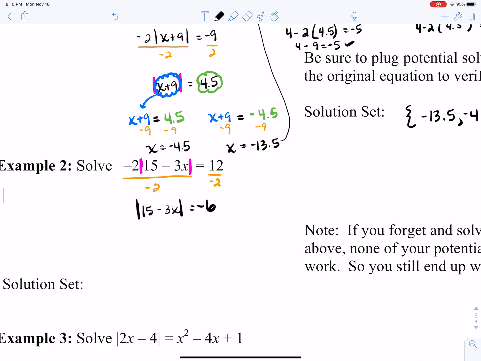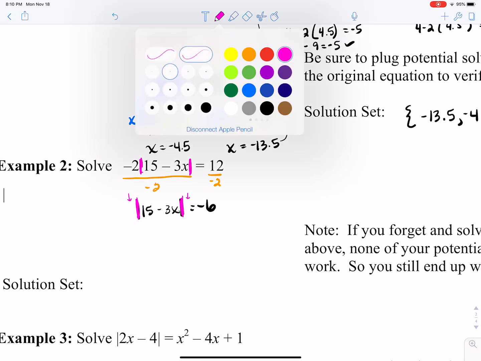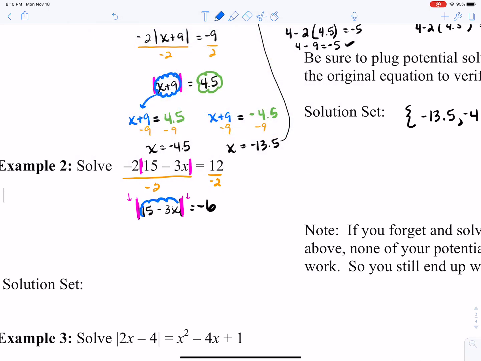Okay, now this is interesting. Here are your absolute value bars. There's nothing else in front. There's nothing else behind. We would be ready to take the contents, write them down,